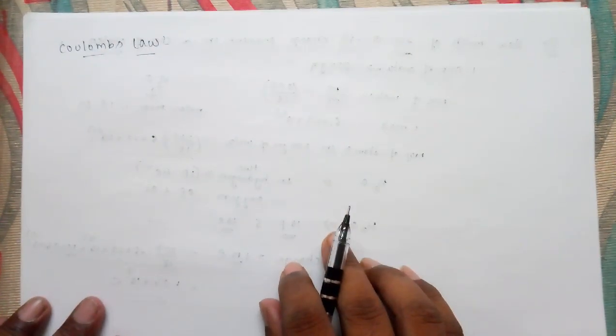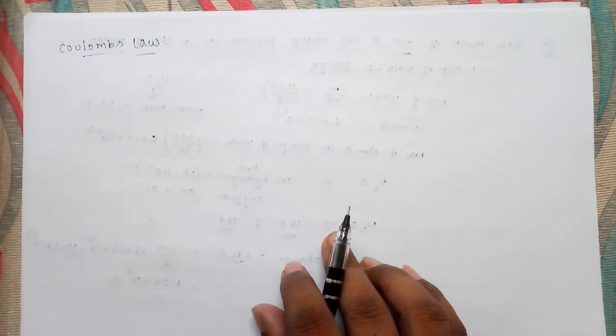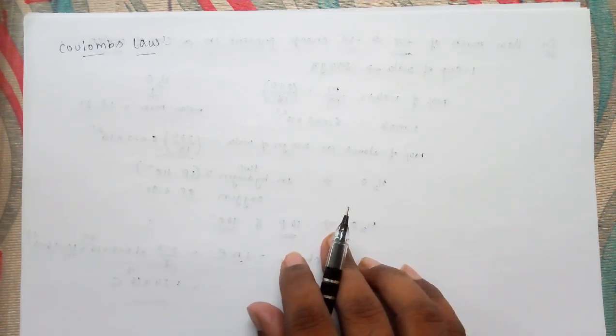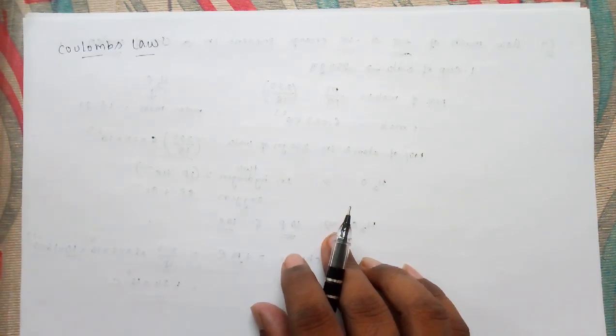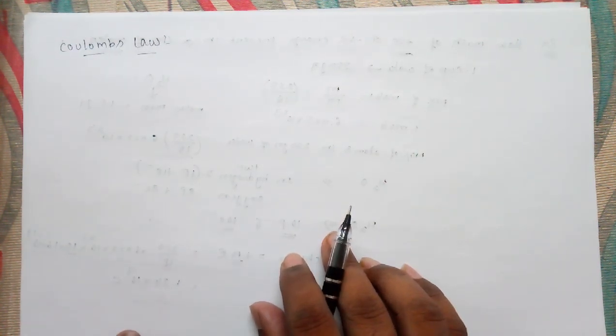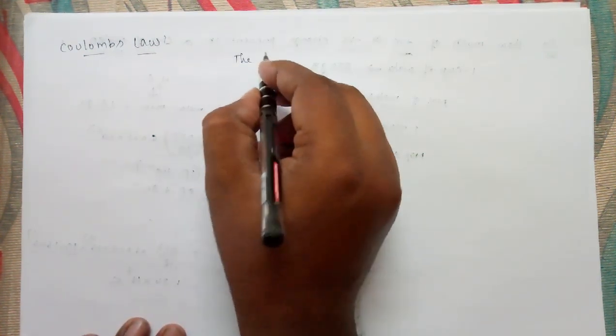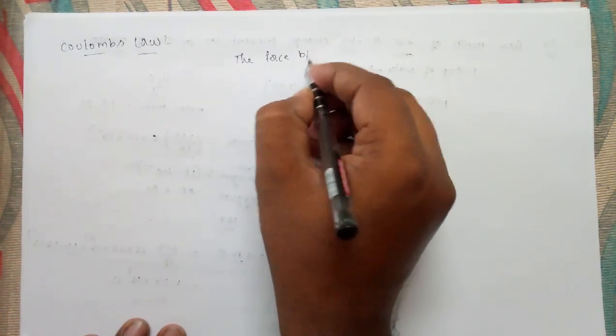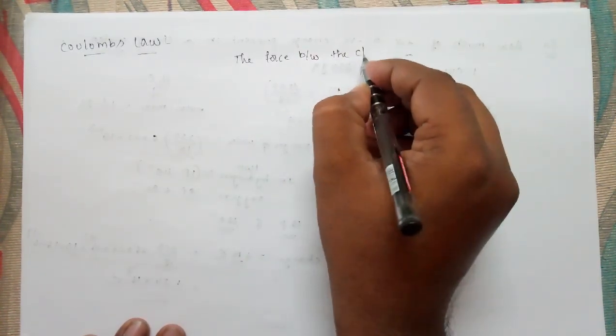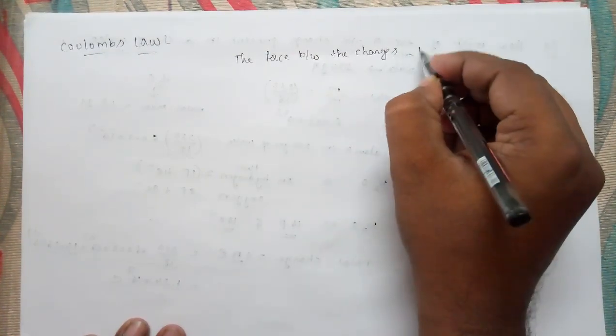The electric force between charged objects can be measured quantitatively by the law called Coulomb's law, and this force is along the line joining the two charges. The force between the two charges, whether attractive or repulsive in nature, the force between the charges is